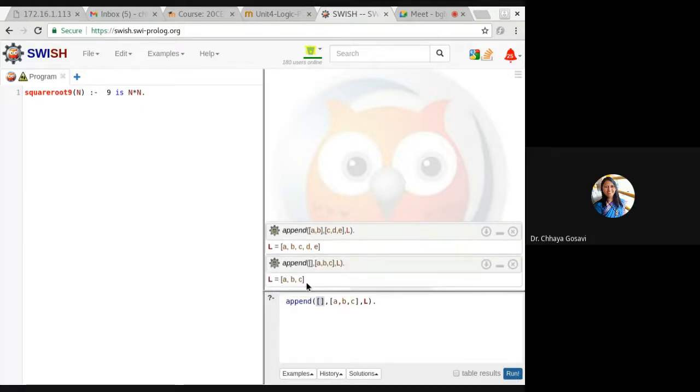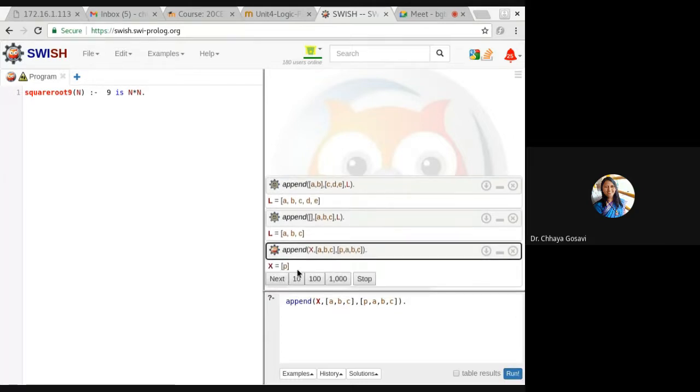So this is a new list with A, B, C. We can also check: what should I append to get the output [P, A, B, C]? What should be the value of X? So it can resolve that.